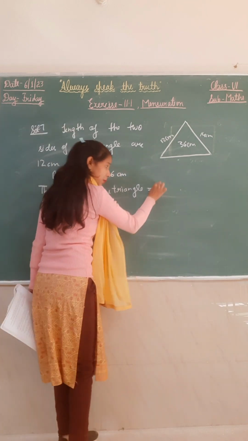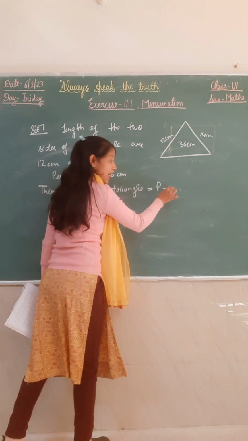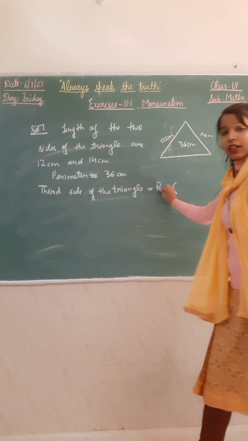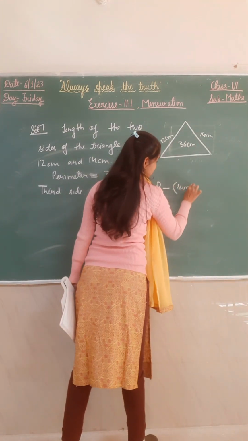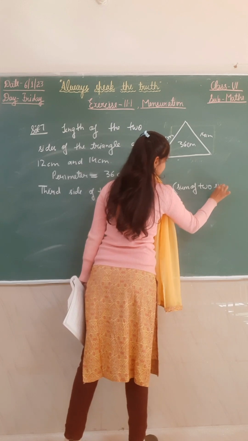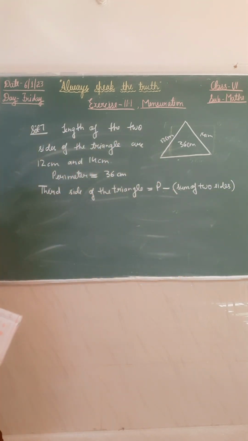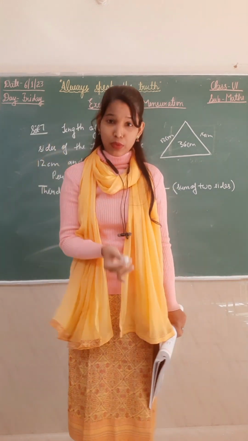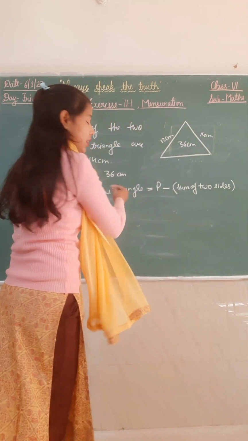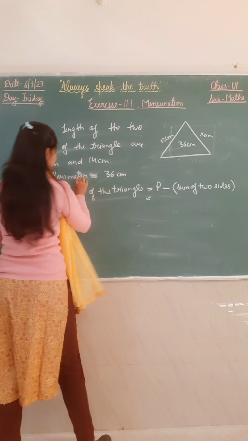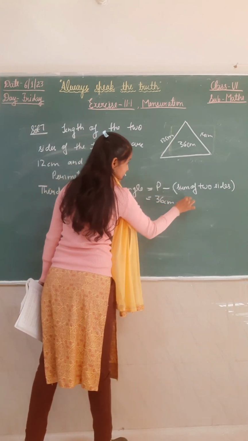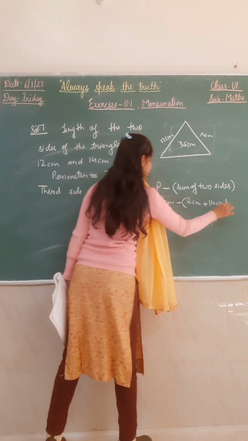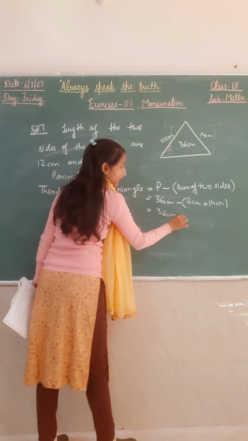How to find? Perimeter, P means perimeter. So perimeter minus sum of two sides, right? I think this chapter is very easy. Class, you have been studying perimeter for a long time, in class 4th and class 5th you have studied it, here also it is the same thing. So perimeter is 36 centimeter minus sum of two sides, 12 centimeter plus 14 centimeter. Now 36 centimeter minus 12 plus 14 is